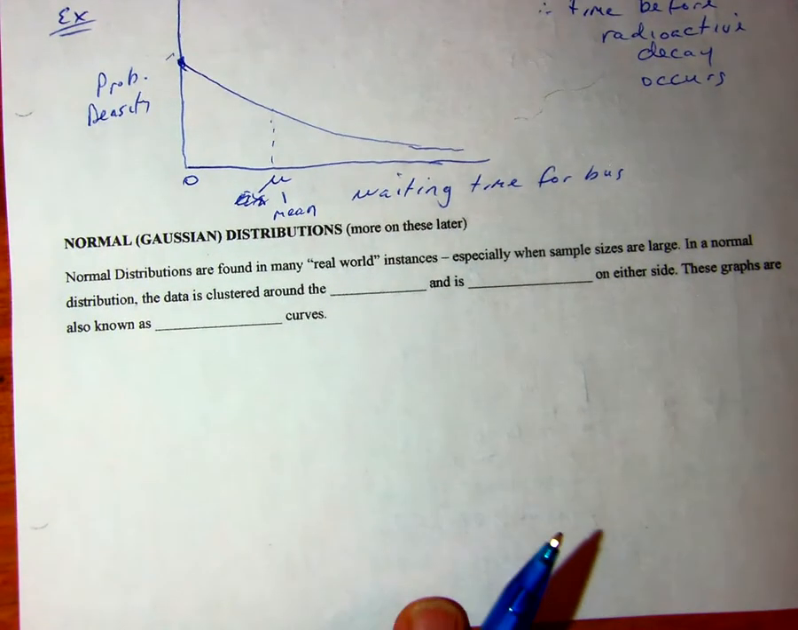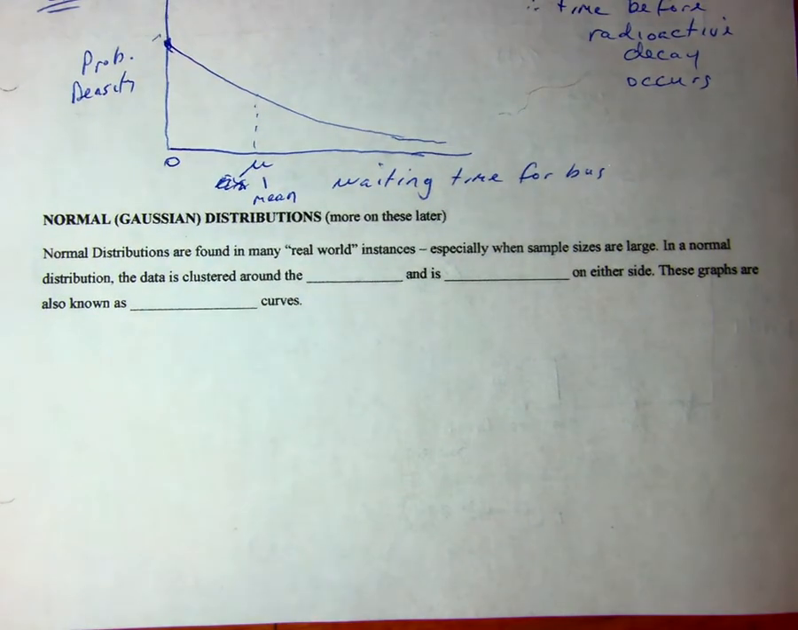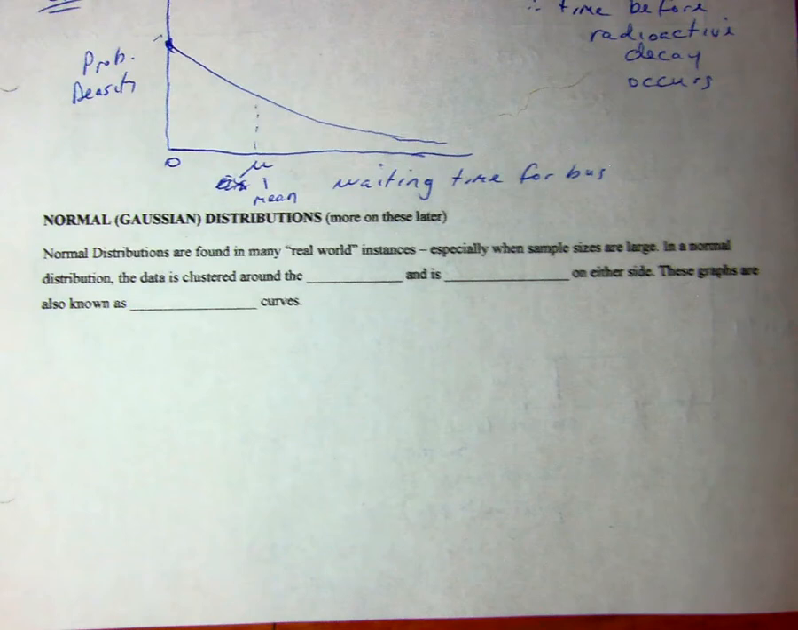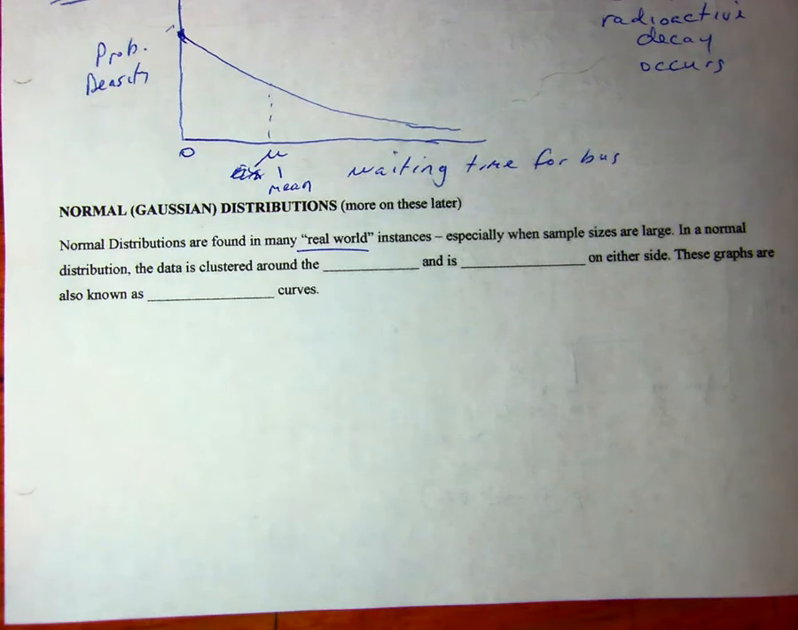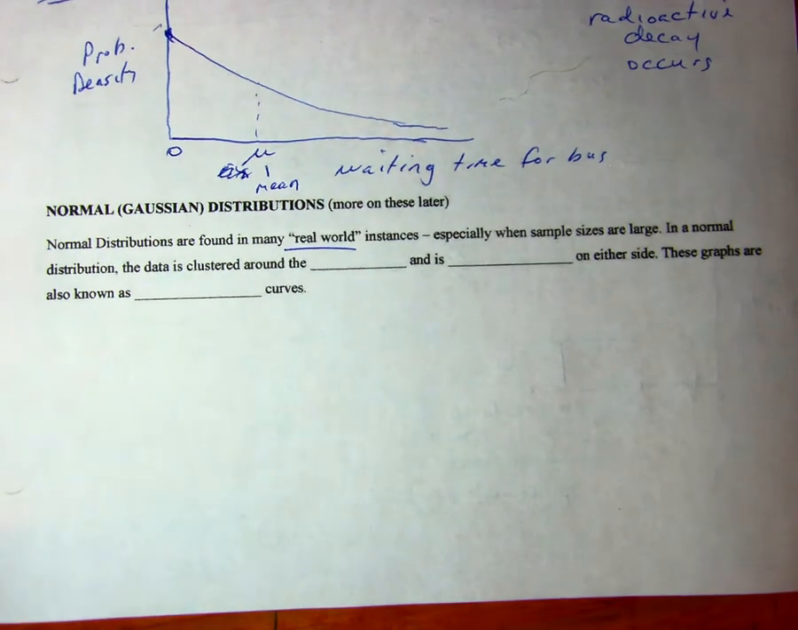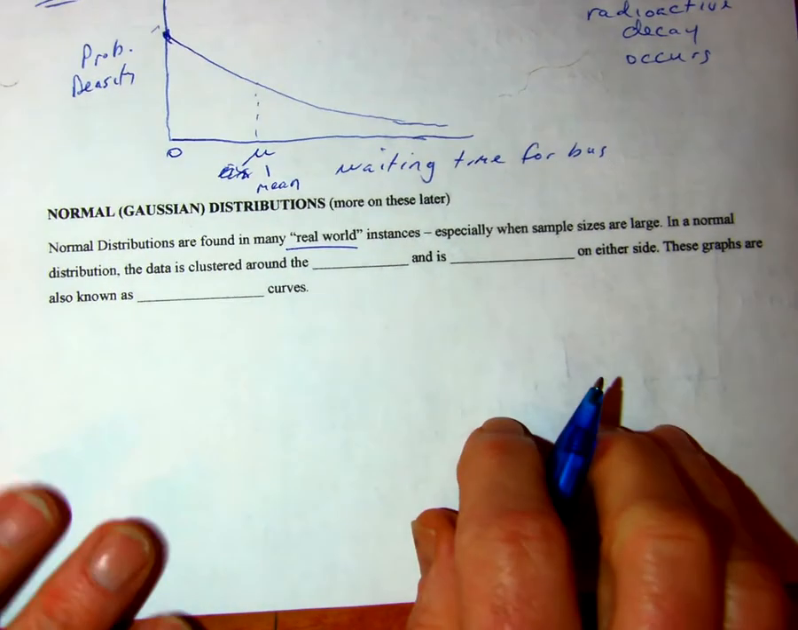Okay. Let's look at what happens 99% of the time in real life situations, something called the normal distribution, and the rest of the unit is about the normal distribution. Normal distributions are found in many real-world instances, especially when sample sizes are large. In the normal distribution, the data is clustered around